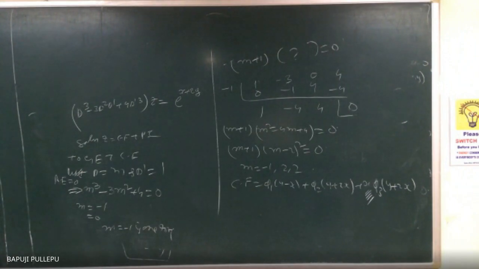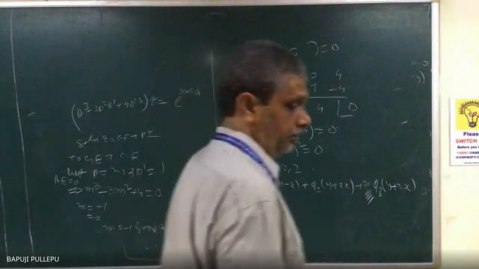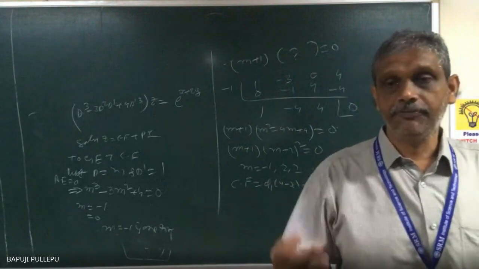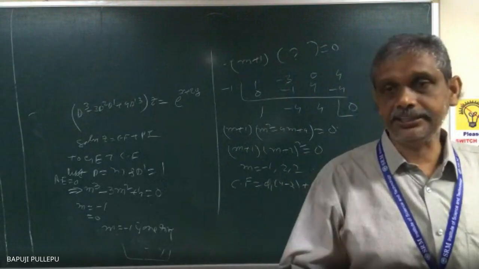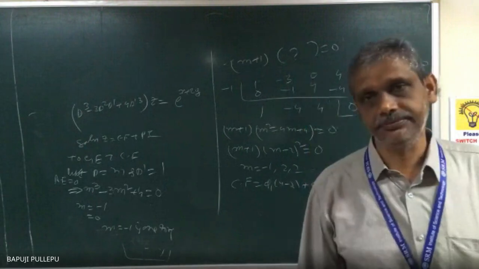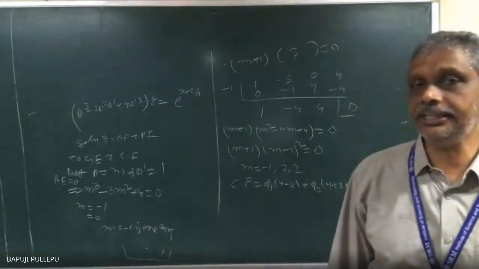Now CF done. Then what do I want to do? PI. What is my PI? X plus Q1? So degree 3 also you can do. Degree 4 also same thing. From 4 bring to 3, again mathematical induction, plus 1 minus 1, bring to second degree, then you can break. Second degree means I can do.